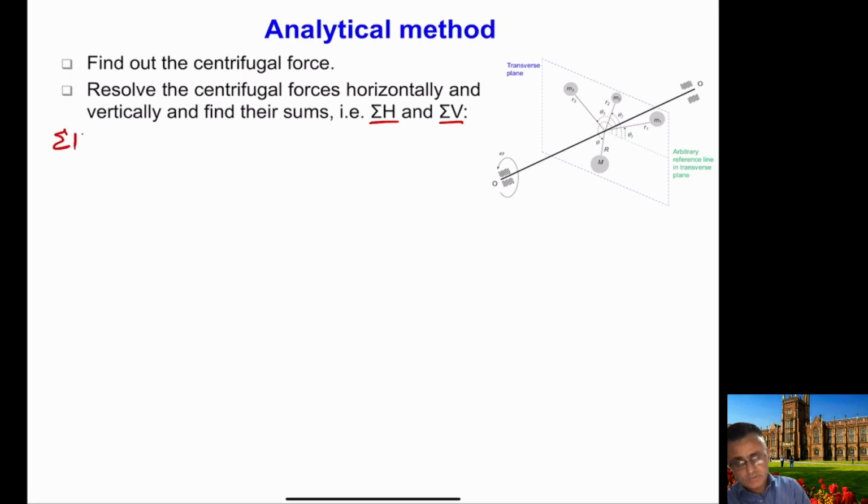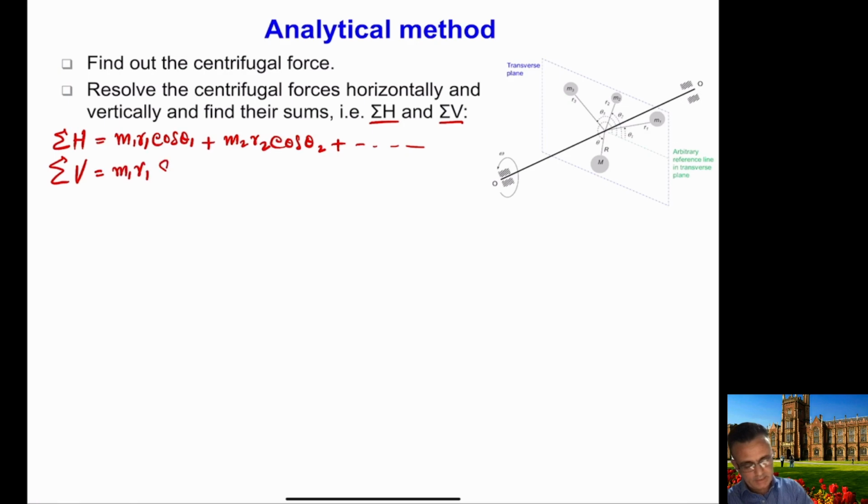So the summation of all the forces in horizontal will be equal to m1 r1 cos theta 1, and similarly m2 r2 cos theta 2, and plus so on, depending upon the number of forces. And then you will do the same for the vertical case, m1 r1 sine theta 1, m2 r2 sine theta 2,